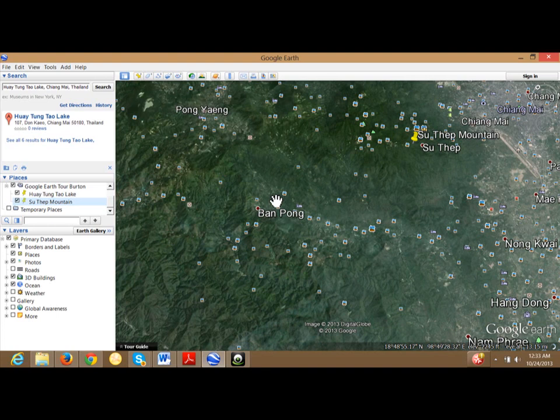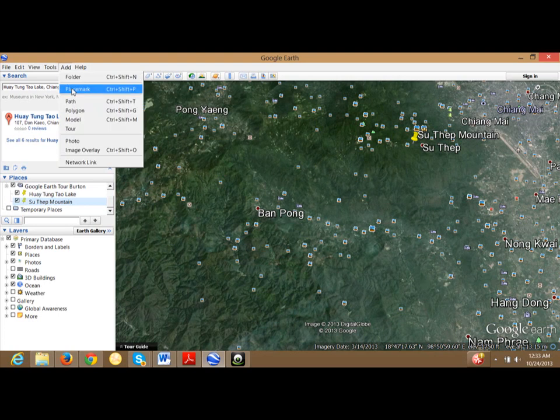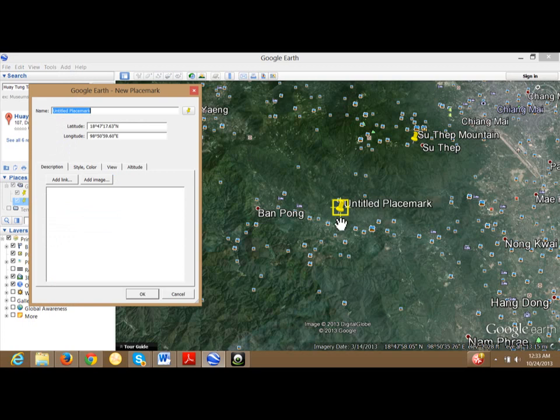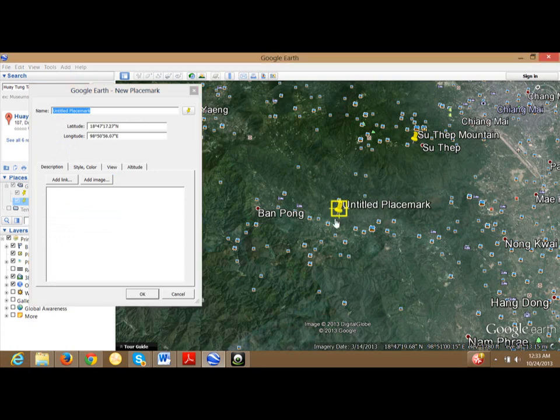So, once again, I'm going to repeat the procedure. I'm going to go to the top toolbar, go to Add, click on Place Mark, move the yellow flashing push pin to where I want, in this case, into the Ban Pong Valley,